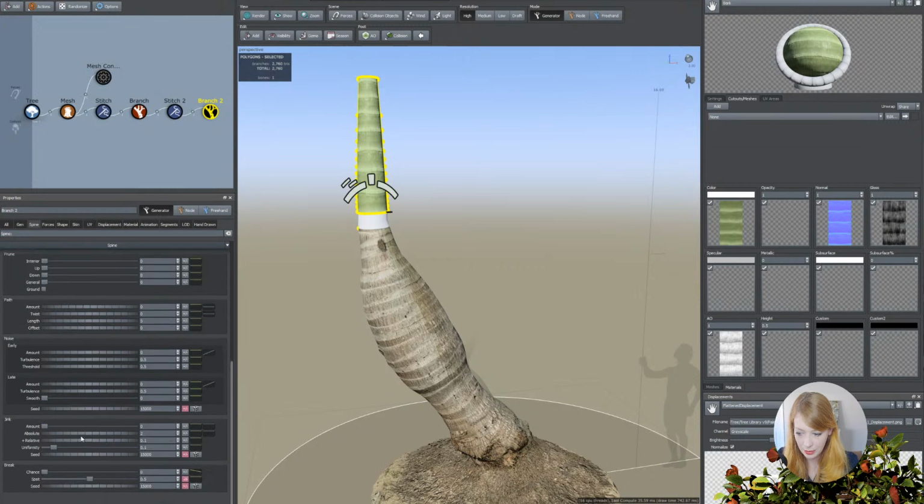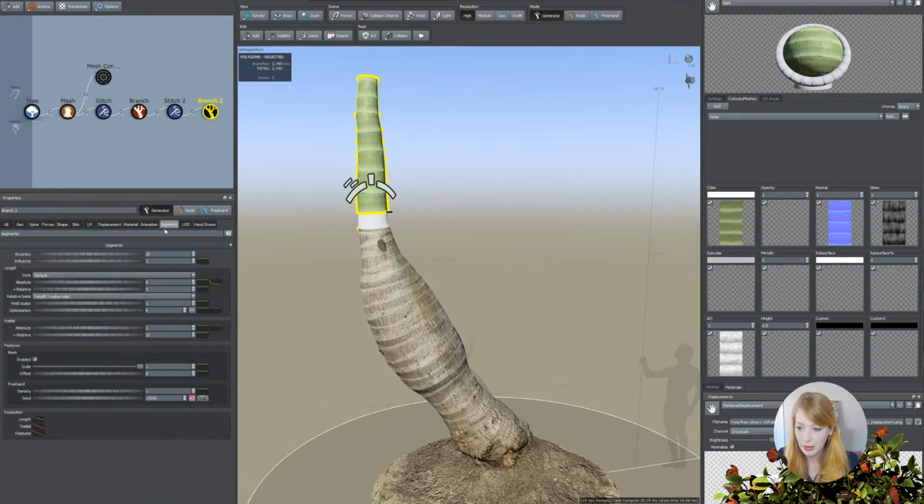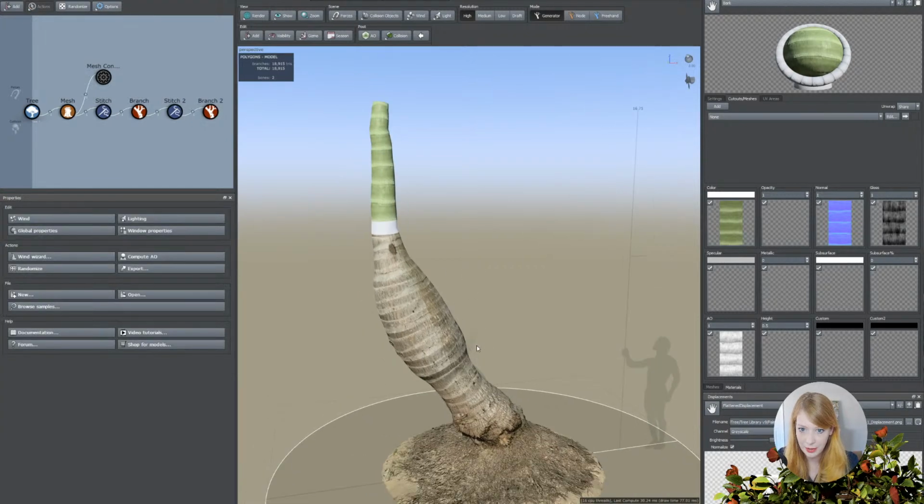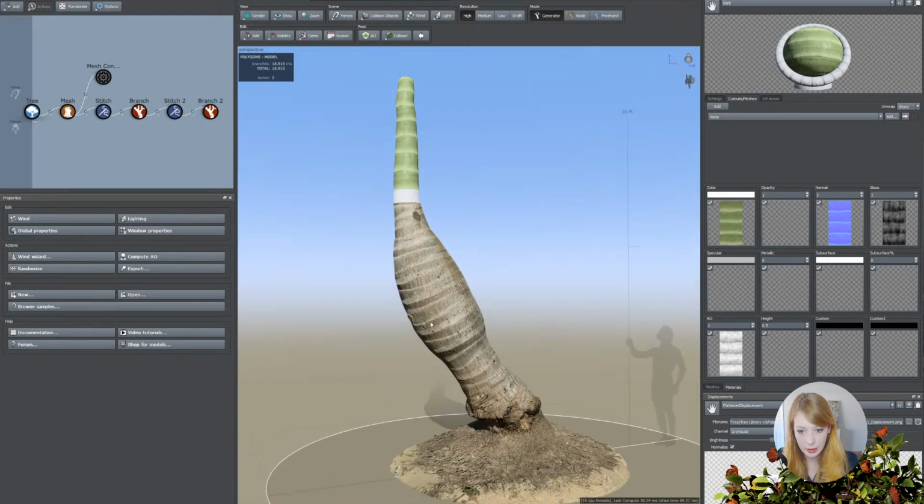I may add just a little bit of noise to the segments. I'm not going to taper them off quite so harsh, so that we actually have some at the top, and we should be good to go now. I'm in the Cinema modeler, so I am in high resolution now, and you should be able to see these guys transition. We brought in the lower LOD